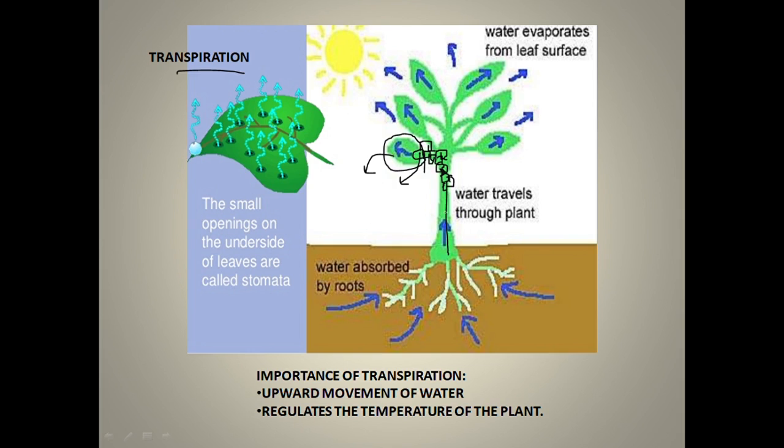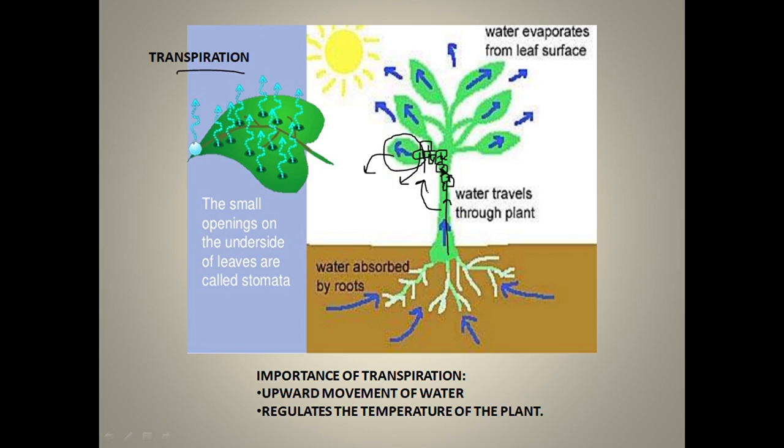Here the upward flow is happening. The water is moving from the lower parts to the higher parts. Why has it happened here? It is because of transpiration. In higher or taller plants, transpiration creates a pressure which helps in creating an upward pull, pulling the water from the lower parts of the plant to the higher parts, or the aerial parts of the plant. So this is how transpiration is helping, and this is how water is reaching the aerial parts of the plants.